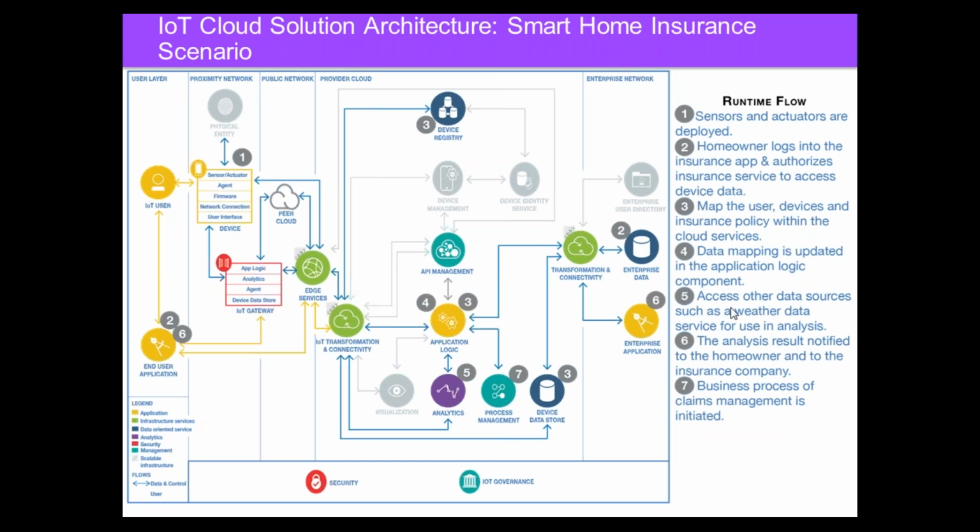So how do we do this? First we start here with the numbering, and pay attention to the number as I go through. We have more detail in the paper on page 17 if you want to go through more detail for the runtime flow. First, you will buy the sensors: for water leakage, for temperature to find out whether it's a freezing temperature, and also for the water flow itself. So water leakage, temperature, and water flow sensors we recommend, and then you can also have an actuator which can automatically shut off the water supply. Those are the ones in number 1.